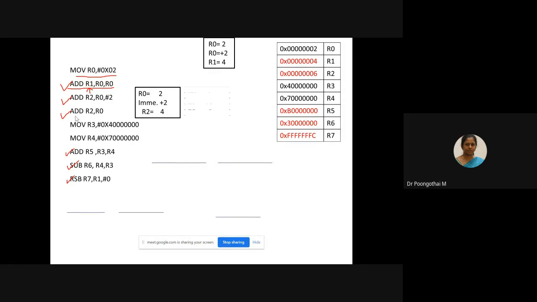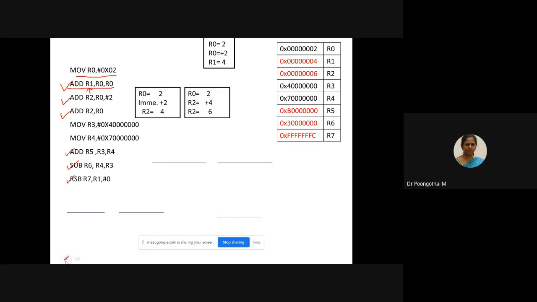For the next addition instruction, what is the answer? ADD R2, R0. Your R0 holds 2 and R2 holds 4. So 2 plus 4, your answer will be 6, okay? After addition, your R2 is updated with 6.